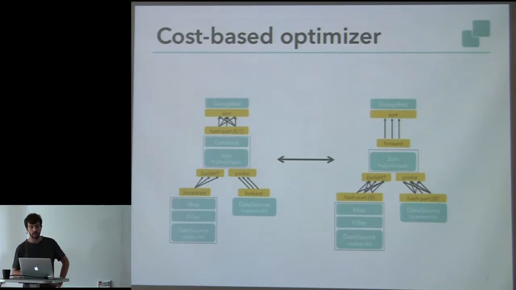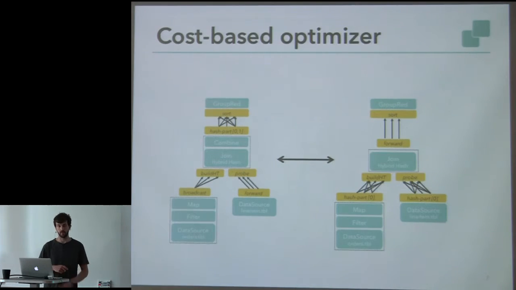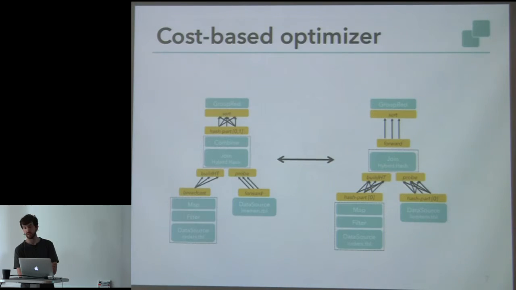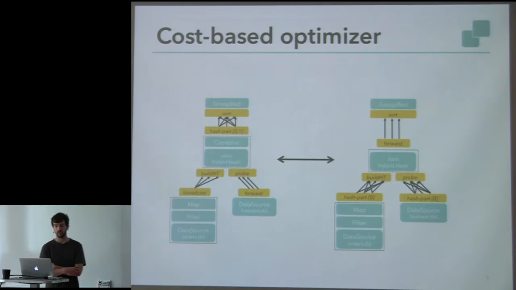Then another interesting aspect, already mentioned, is the optimizer. It also works especially well for batch programs. The basic idea, like Volker already mentioned as well, is that we figure out, based on the program and based on sampling some of the data that the program uses, what would be the best way to execute a data flow. So here, for example, we perform a hybrid hash join,